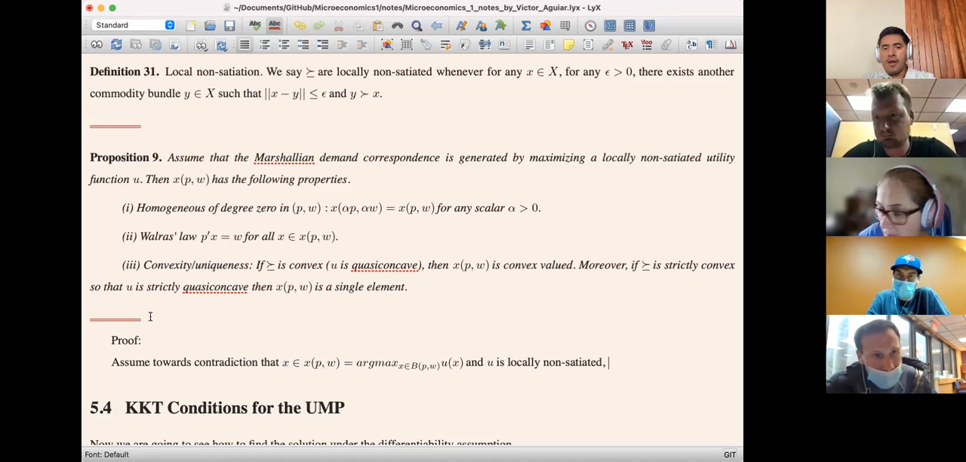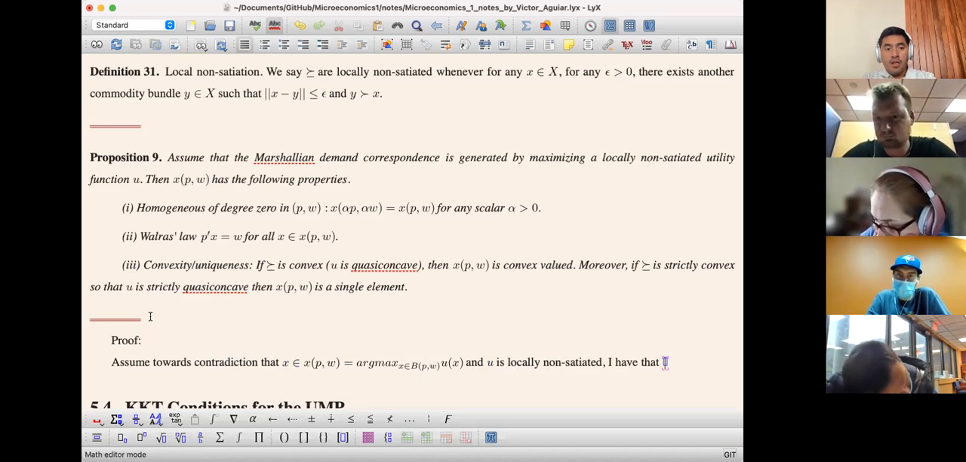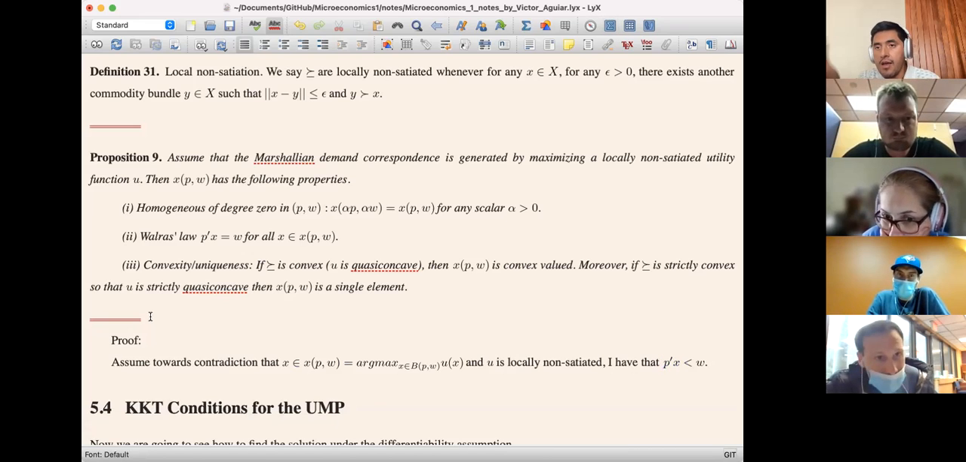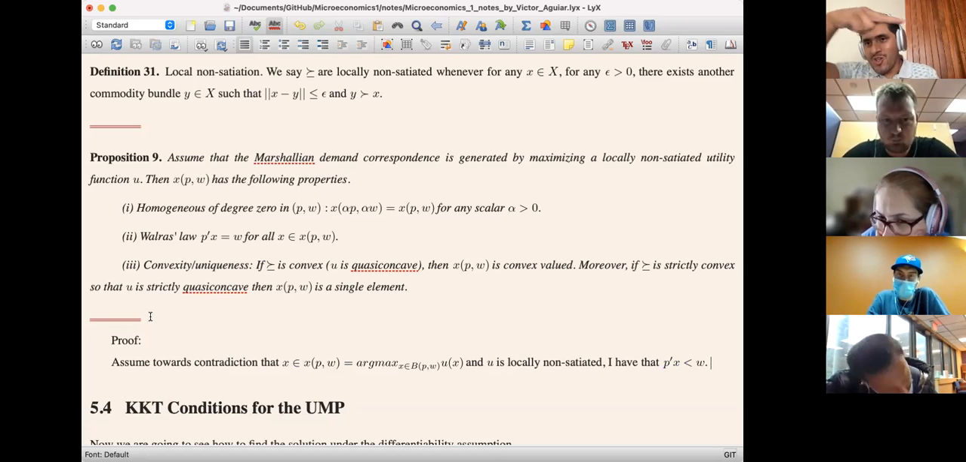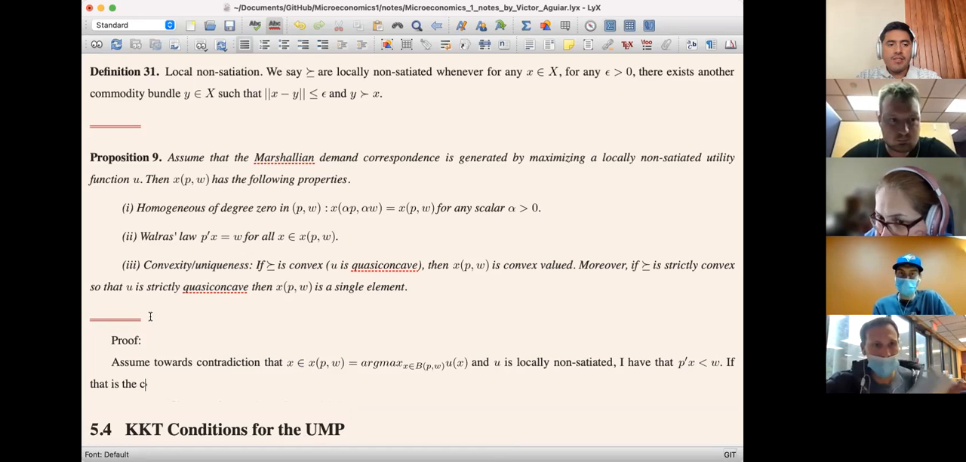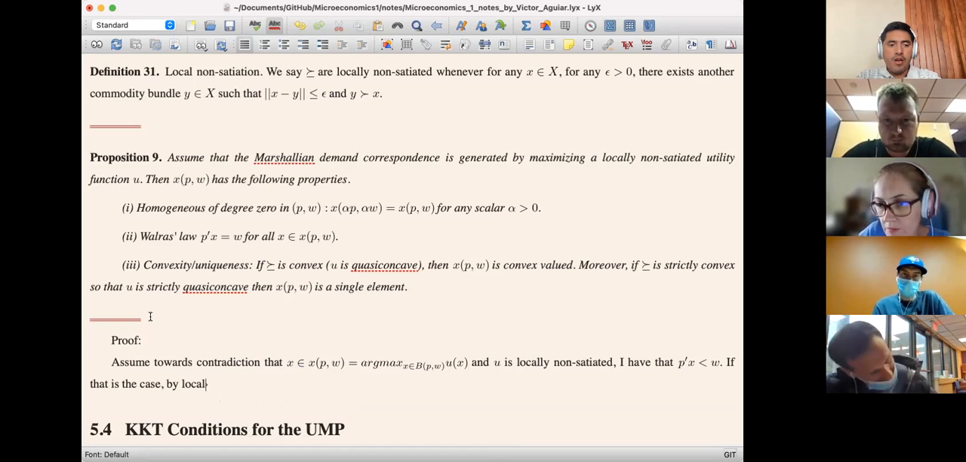Basically, I have that this X is such that P times X is strictly less than W, towards contradiction. So essentially, I have a maximizer that is not in the frontier, it is inside. That's my premise. Now, if that is the case, by local non-satiation,